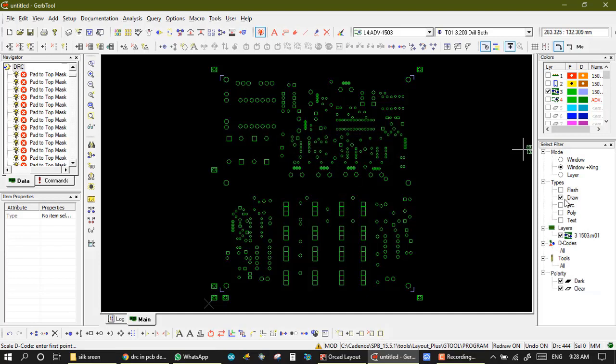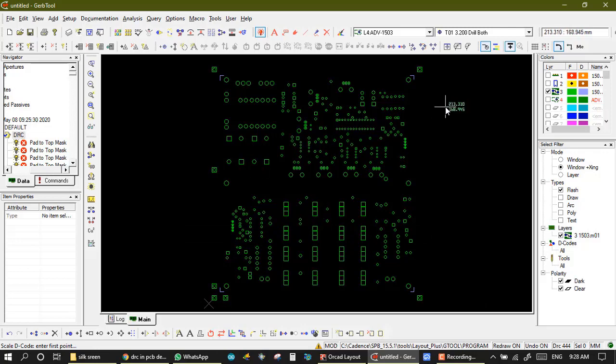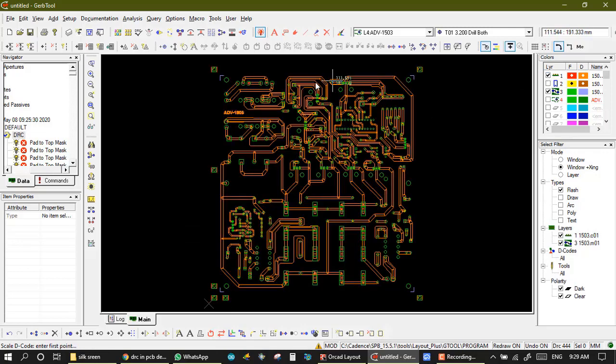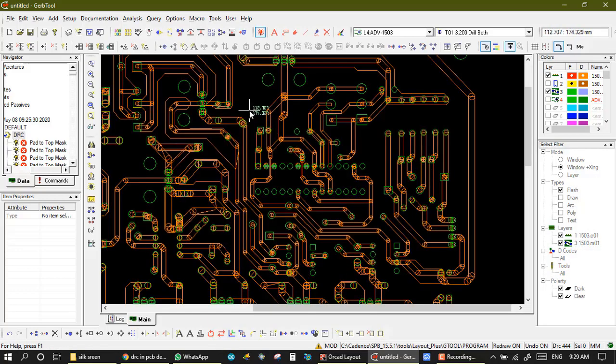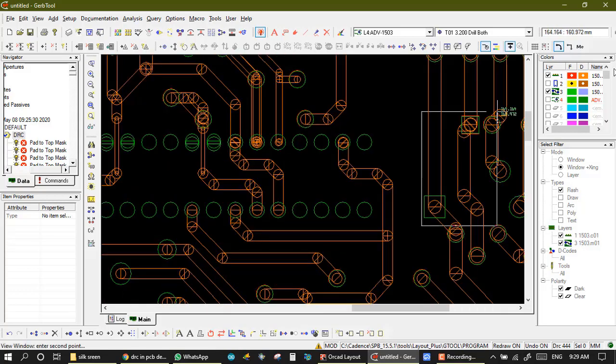Now here we want to change the flash, so first we activate flash and take it. So this is a decreased size of this masking area. Now we open the copper area and compare both layers. This red, green, this is the copper layer and this is the masking layer, so it's an overlap, and the size of the flash in the copper layer and masking layer are the same. So now we increase 150 in the masking layer.